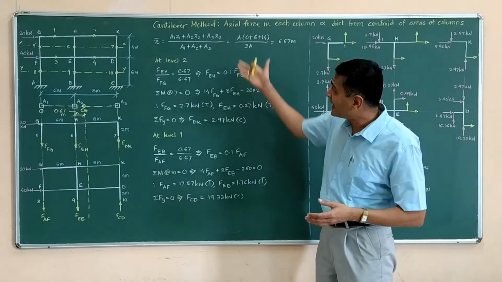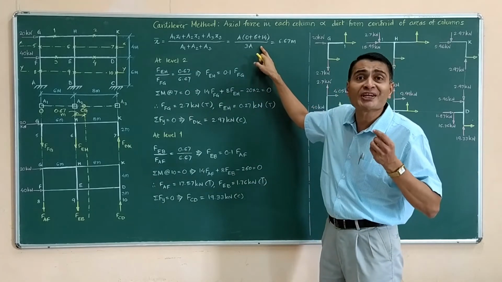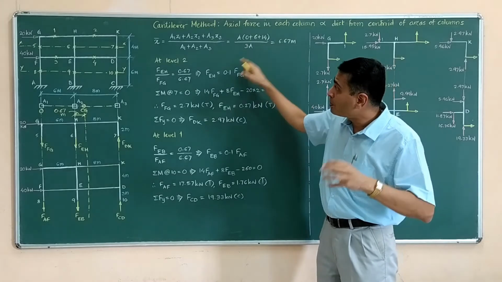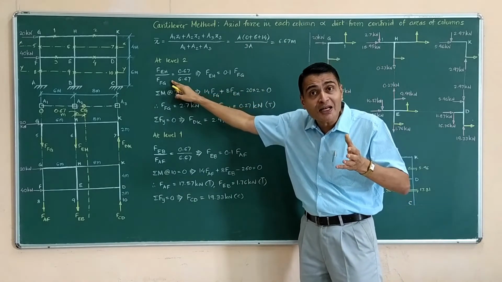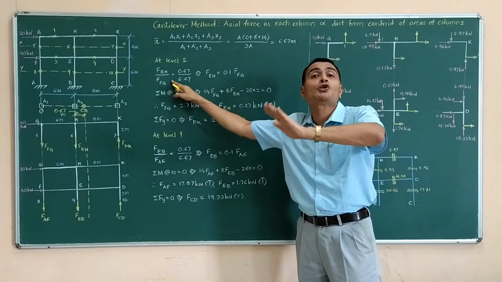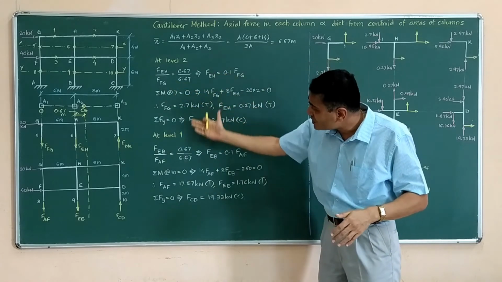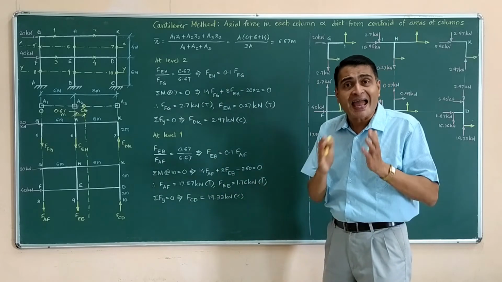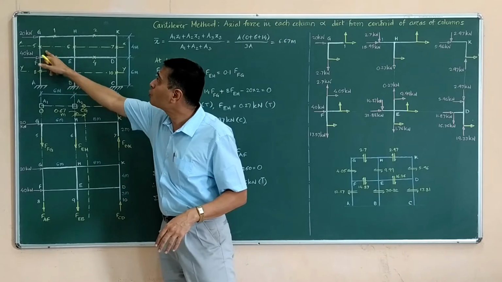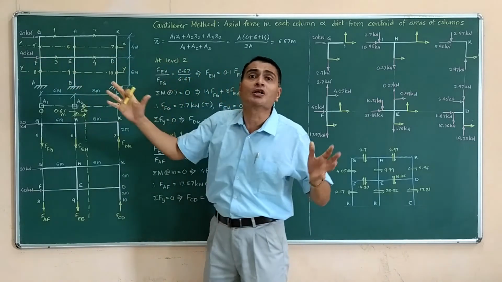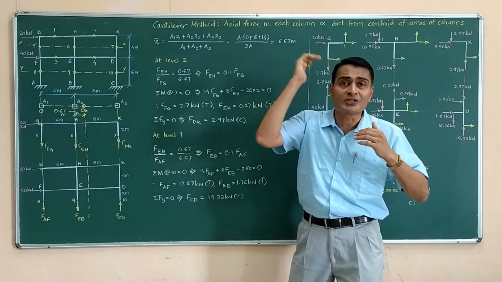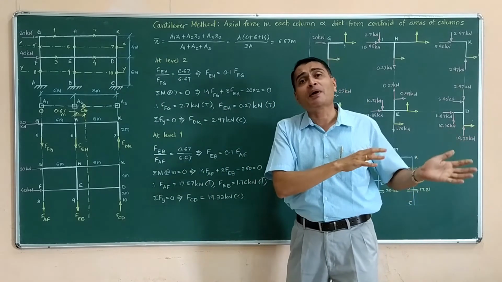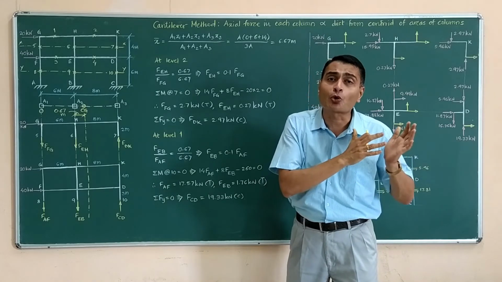So we have applied the cantilever method. First we have found the centroid of the areas of the group of columns, followed by applying the assumption of the cantilever method, that axial force is proportional to distance from the centroid, and then some simple equilibrium equations have enabled us to find axial force in 1, 2, 3, 4, 5, 6 columns, all the columns at both the floors. Once that is done, the remaining part is again quite similar to the Portal method.